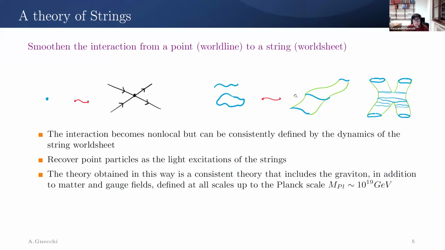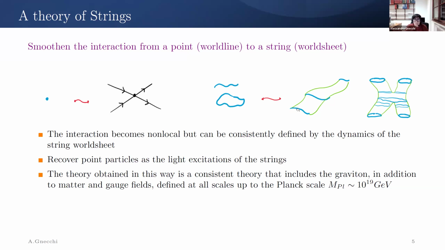And it can be shown that the massless spectrum of the oscillations of these strings that move on a two-dimensional world surface, a world volume, but in a higher-dimensional world that can be our four-dimensional universe, includes in its lightest spectrum the fields of a spin-2 massless symmetric tensor, which means that we are in the right place to describe gravity at the quantum level.